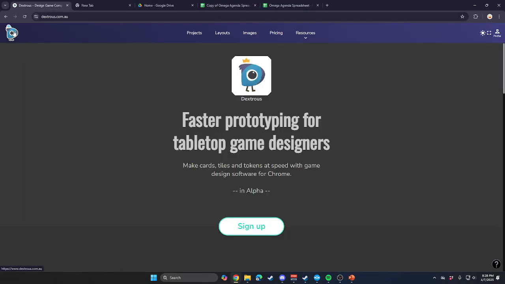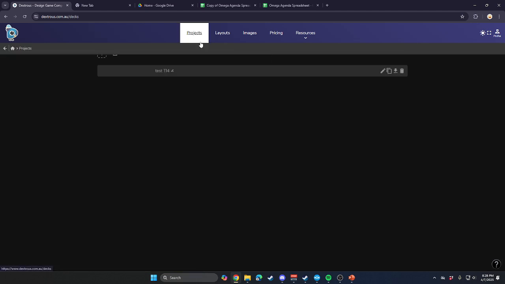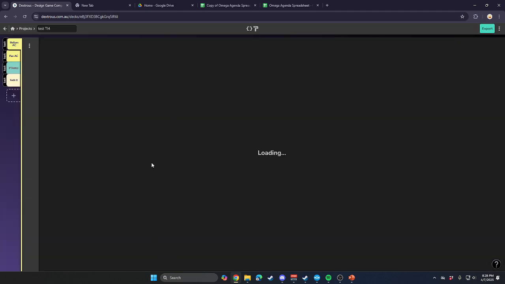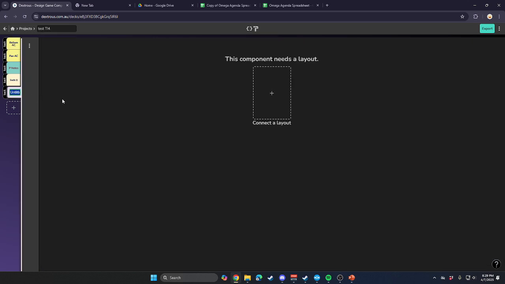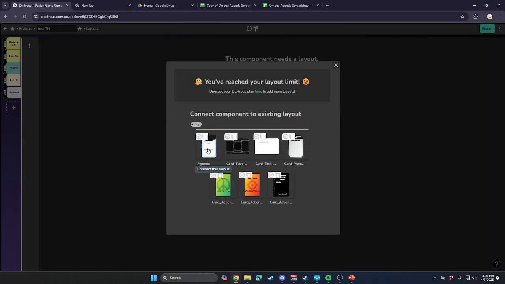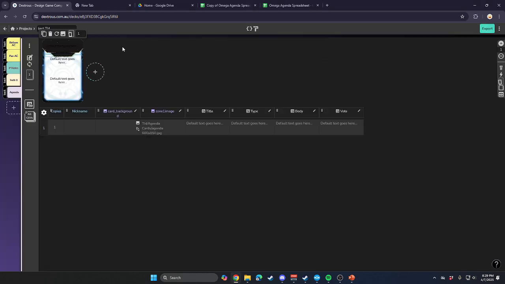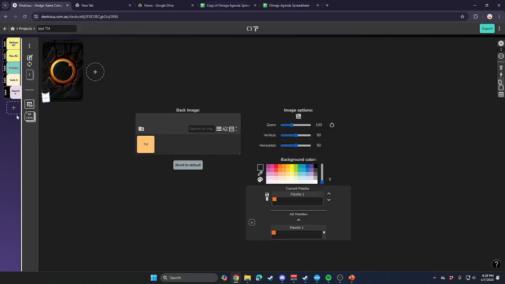Okay, that should be fine. Come back here to projects. Now we will add a new one. We'll call this agenda. Connect the layout, we'll attach that to it. Edit the cards back. The default back will be